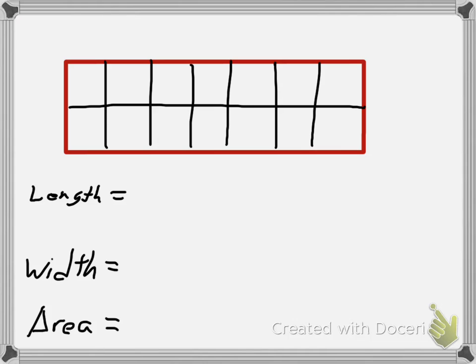So let's look at this shape here. Okay, we can see this time I don't have a square, I have a rectangle. The first thing I need to see is what is going to be my length and what is going to be my width of my rectangle. So I can see that my rectangle is broken up into squares here. So if I wanted to find my length, I could say, okay, I have 1, 2, 3, 4, 5, 6, 7 units. So I'm going to say my length is 7 units. Okay, my width is now going the other way, so I'm going to have 1, 2. My width is going to be